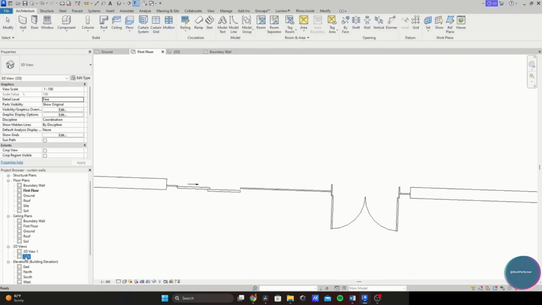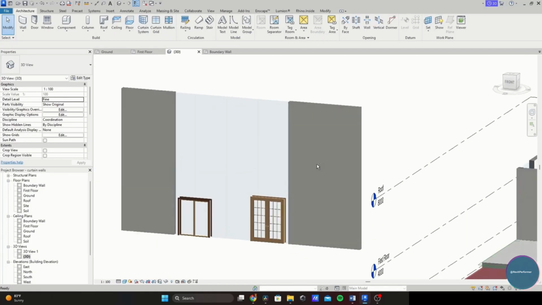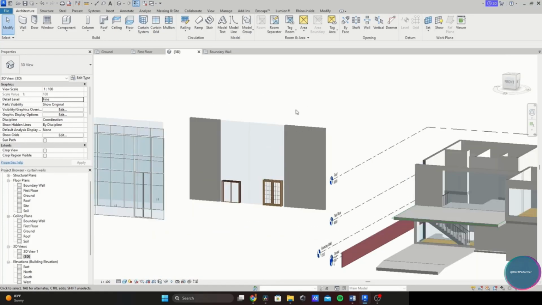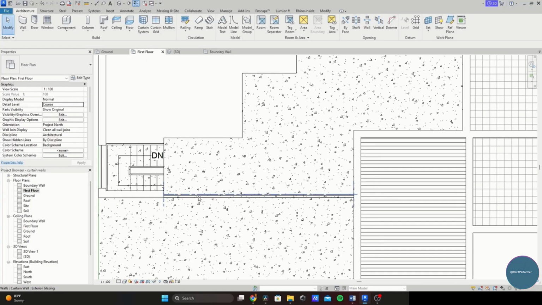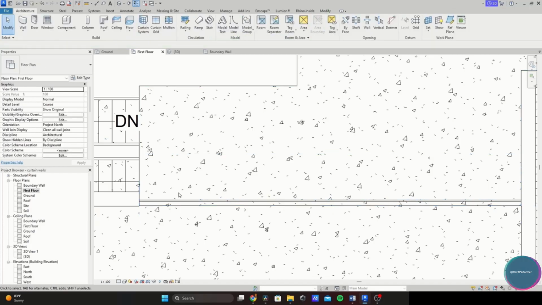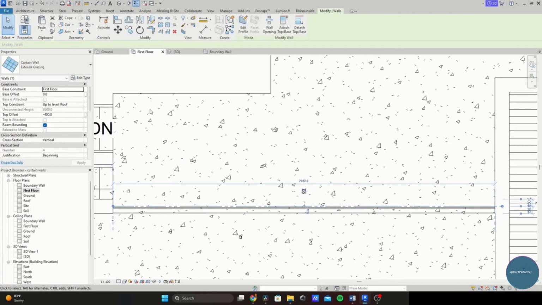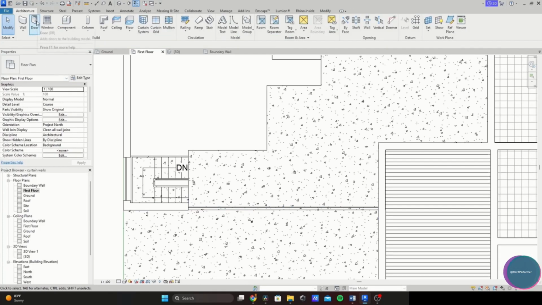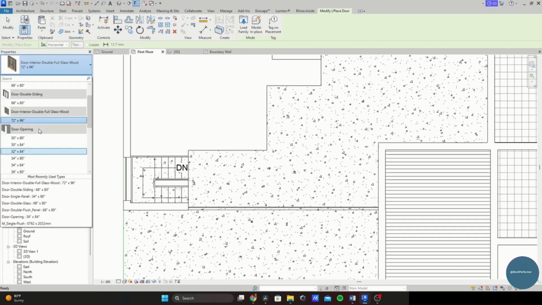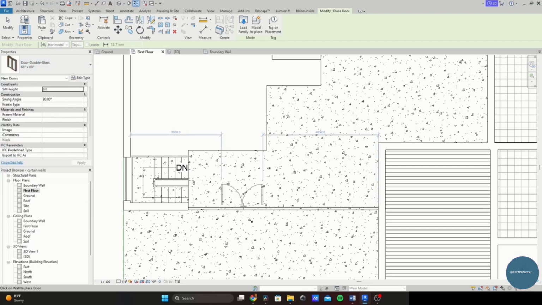Let's go to 3D view and show you how it's done. So as you can see, it can be done quite easily. Place our door over this. I can't, because I can't do it. As you can see, since I don't want to go through the whole process, I'll simply go into Door. I'll select my door, the double glass sliding door.